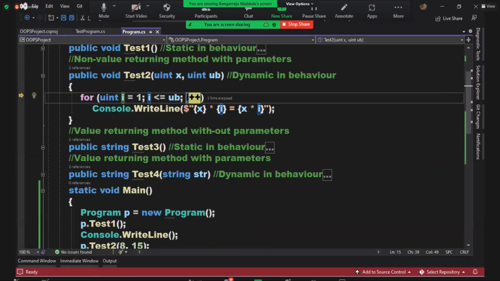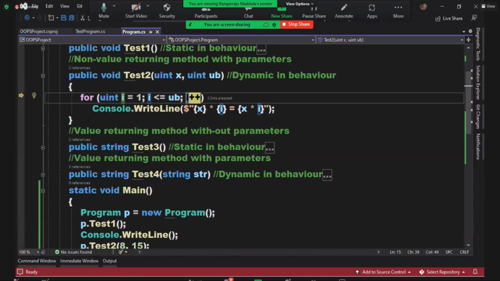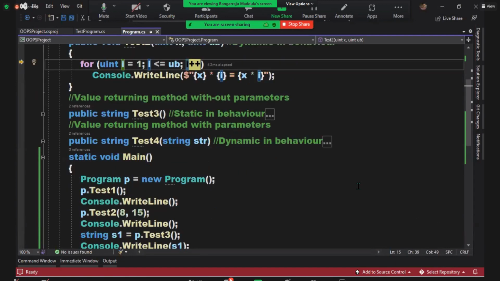Now see, for printing one result, I am pressing F10 3 times. 1, 2, 3. Correct or not? How much have we printed? Up to 6. Still 14 threes, 42 times, I would have to click F10 to come out. Yes or not? I started the debugging to understand the process. I got the idea. I understood the logic now. But still I am not ready to hit the F10 button 42 times to come out of the